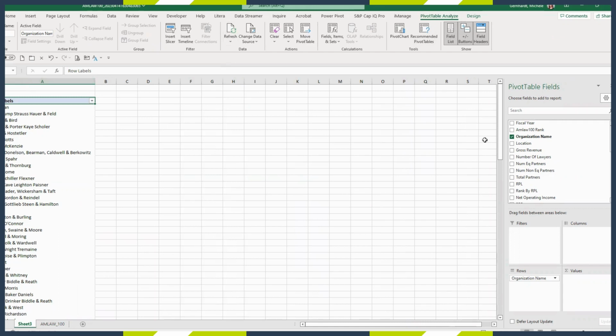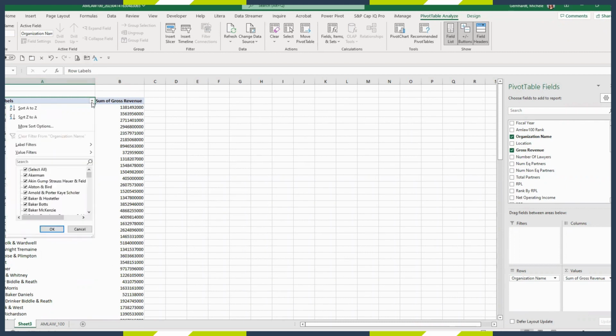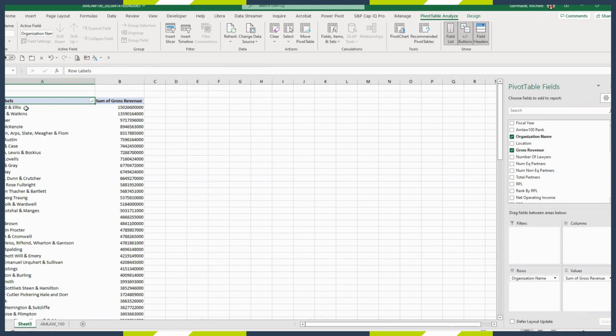So I've got my list of firms. Let's just pull in the gross revenue. I'm going to click gross revenue, and the pivot table helps you out, and it puts it in the values column for you. It's just summarizing all 3 years of data that we have. So we could quickly rank these firms. You could do more sort options, and I'm going to put these in descending order based on the sum of gross revenue. Click OK. And now the 3-year sums of gross revenue are here,